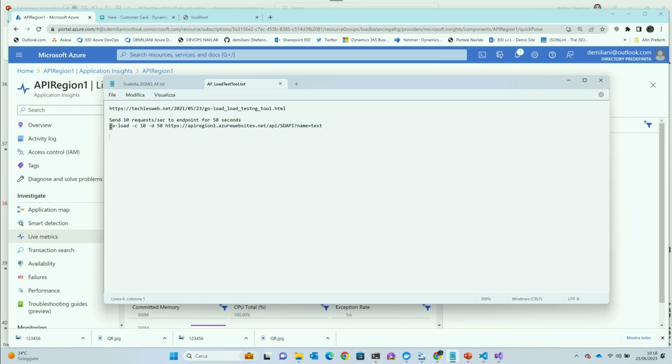You select the name, and you can say, okay, I want to test 10 requests to this endpoint, my Azure Function, in 10 requests in 50 seconds, or in this case, 1 million in 3 seconds. And if I execute this,